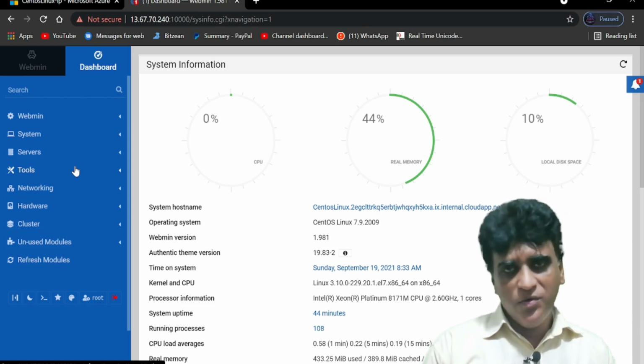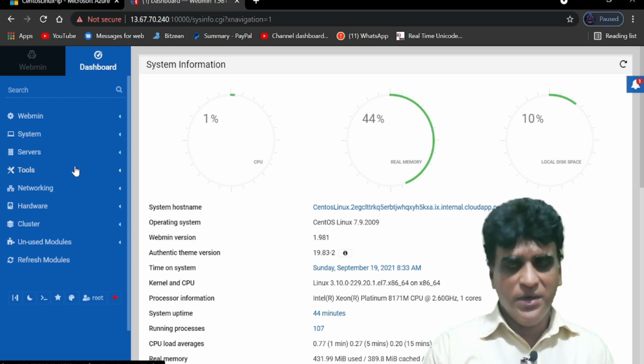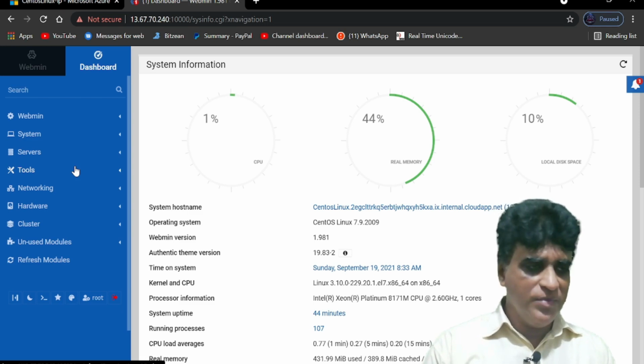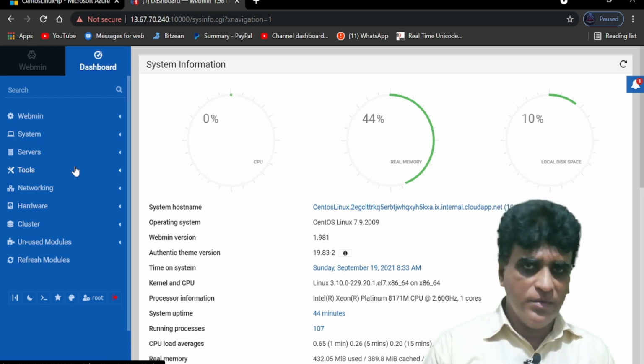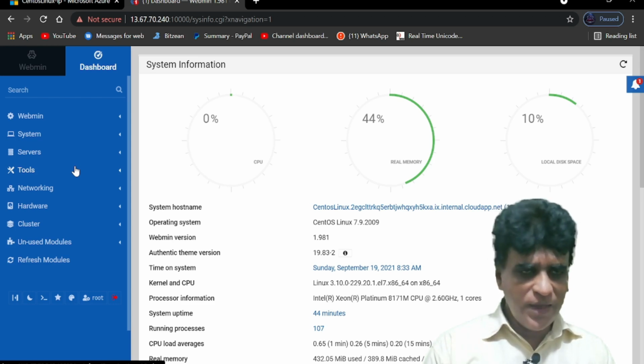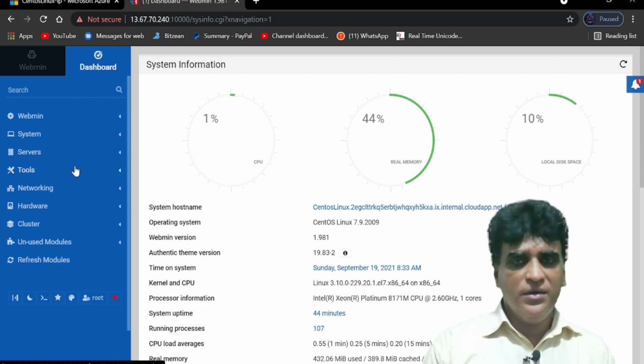Then you can do many things here, but we can't say we can use this 100%, the command prompt also we have to use. But as beginners, laymen, you can use this webmin as a startup tool.